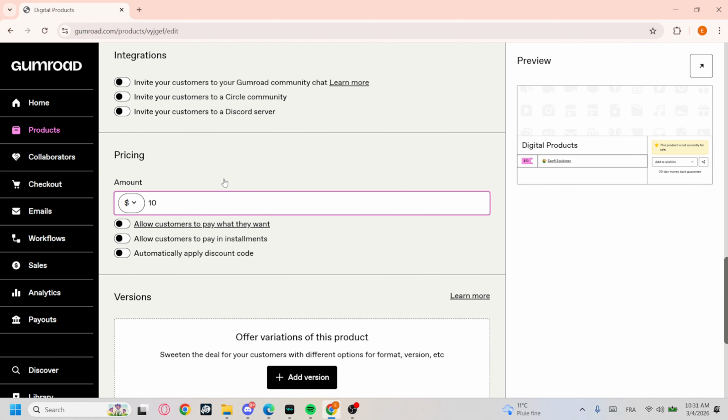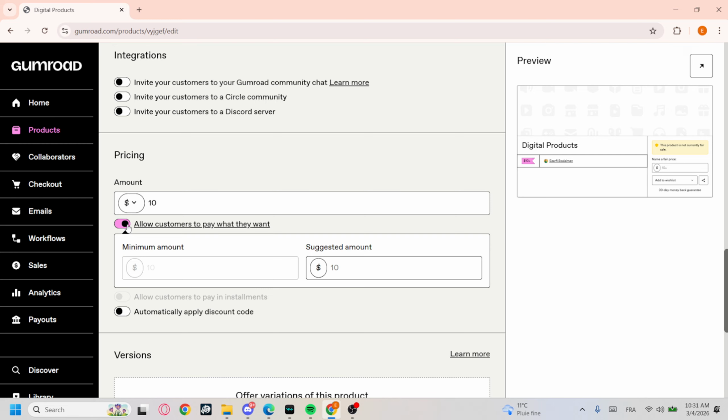So set a fixed price, or pay what you want, or allow customers to pay what they want if you like, and enter the amounts the customers pay now. Okay, so you will need to enter it right here. Right, and the pre-orders charge the customers immediately unless you delay using external tools. Okay,